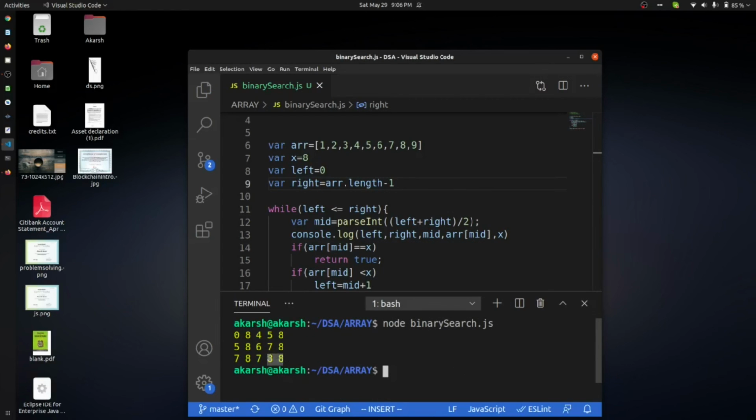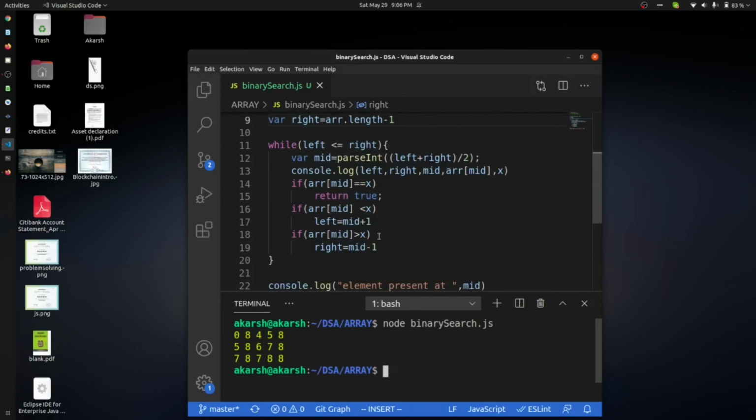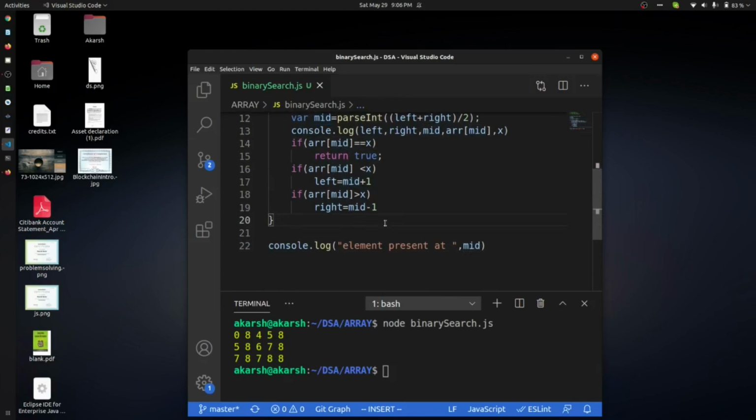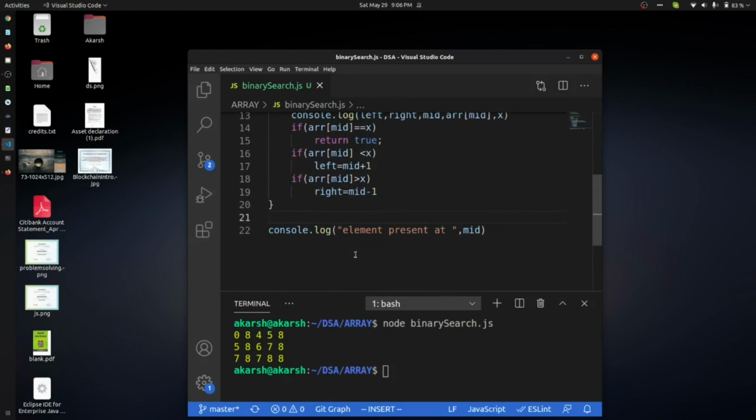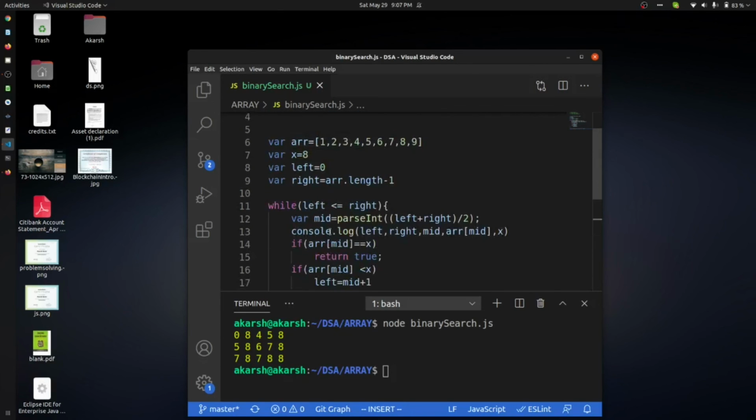Okay, we have to find out why it is not printing that element. We are not coming to this point. One second. Oh, sorry. It will not print. I think this is the case.